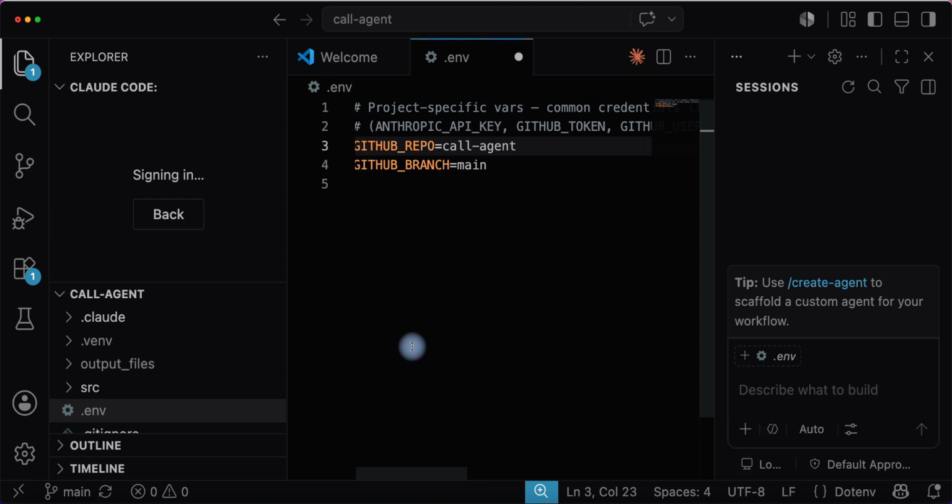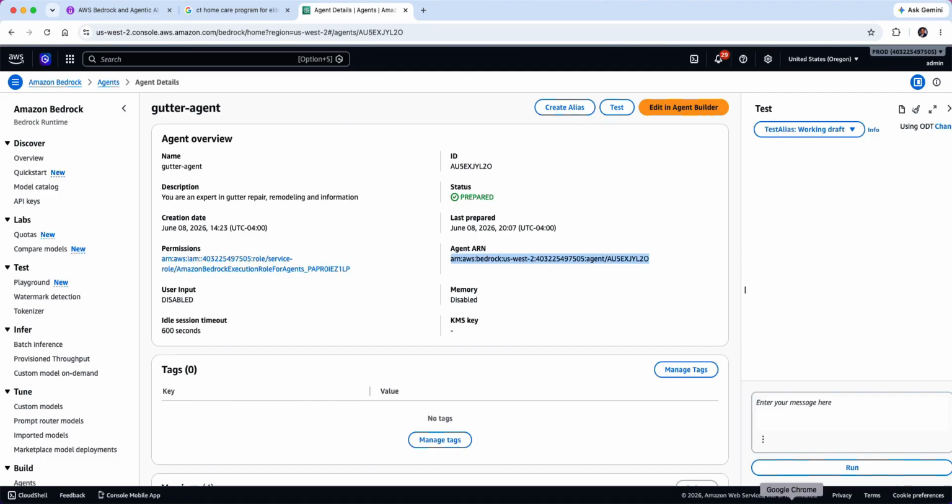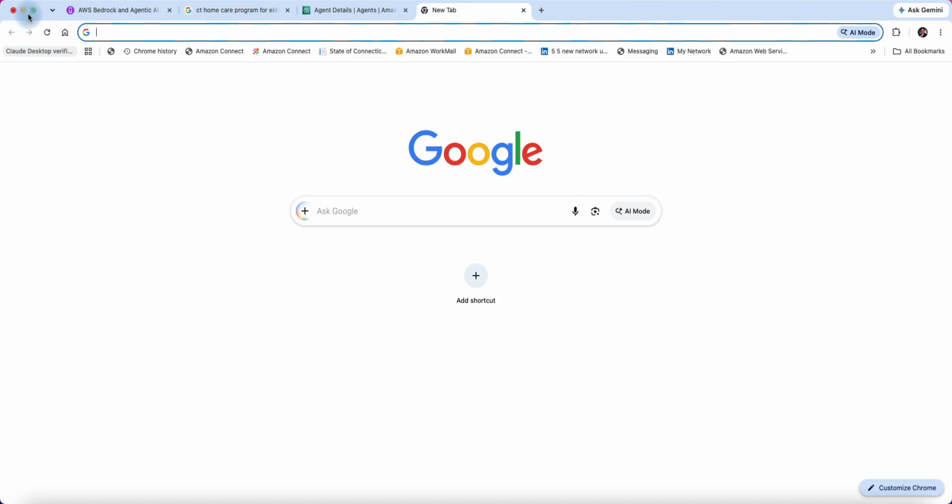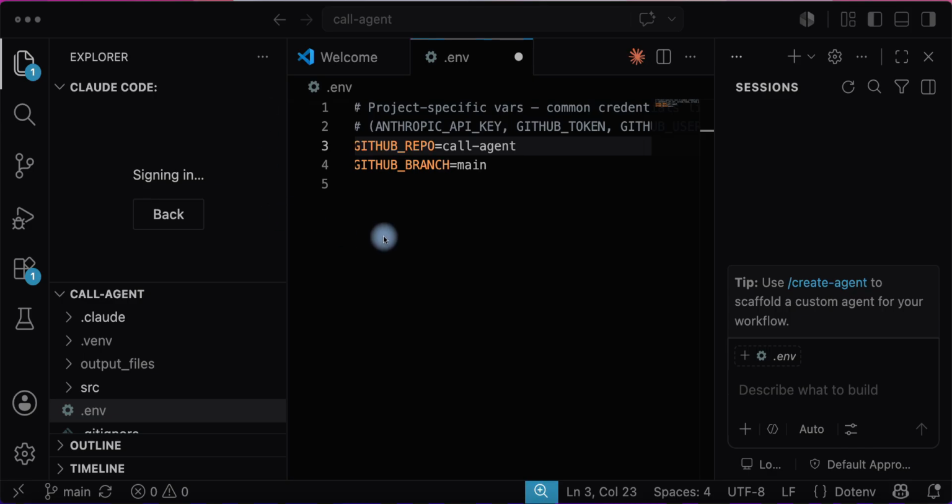That question that was asked was supposed to authenticate with Claude Code. Let's just see if it works first. Okay, so now what's going on here is